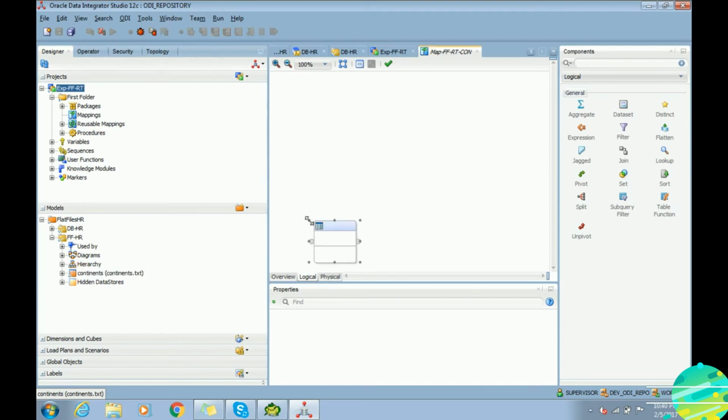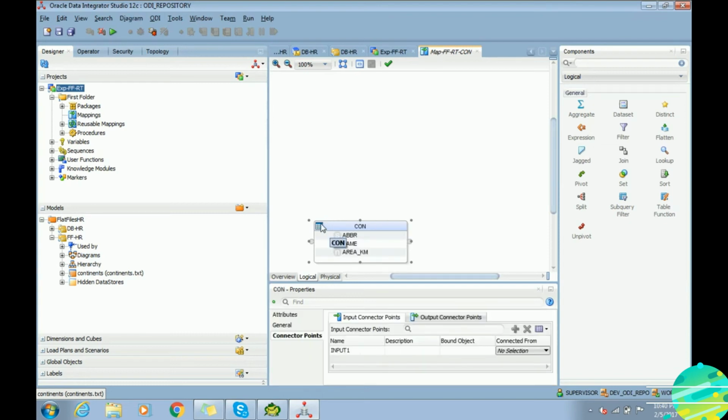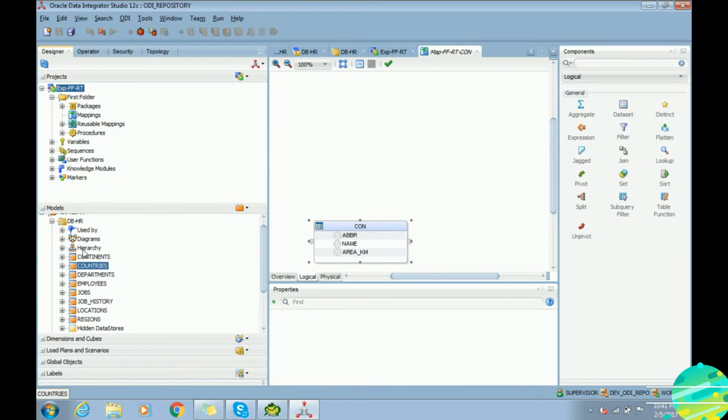Just drag it into this mapping area. It's very easy. It's not copy and paste. Just click on that and drag it here. Same thing we have to do for the target table. Just click on that continents and drag it here.